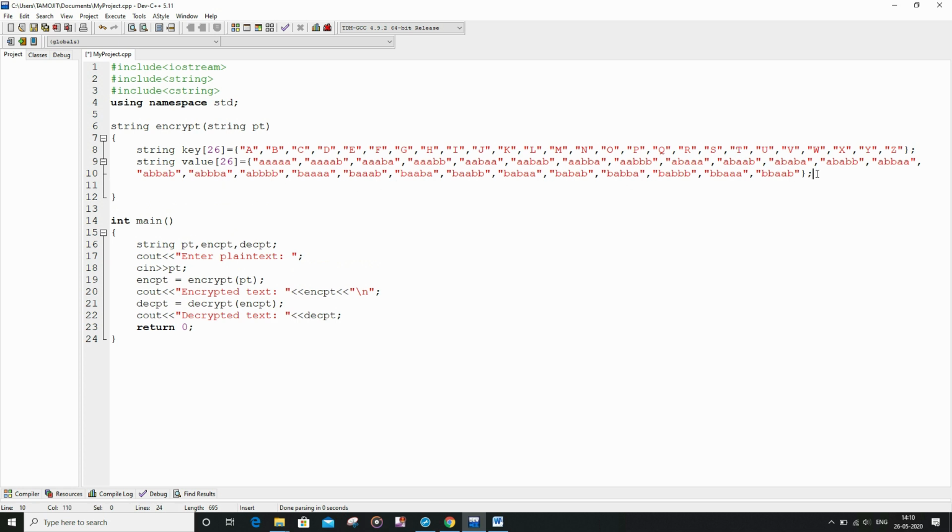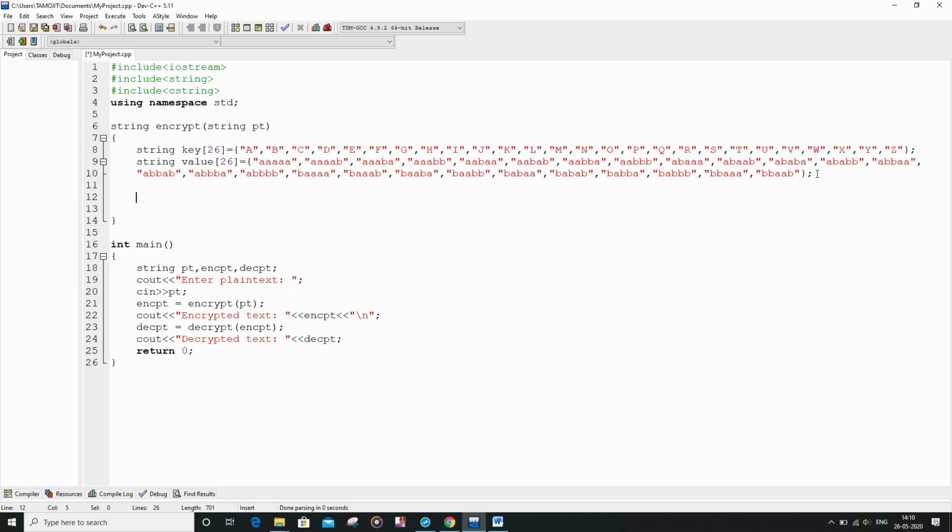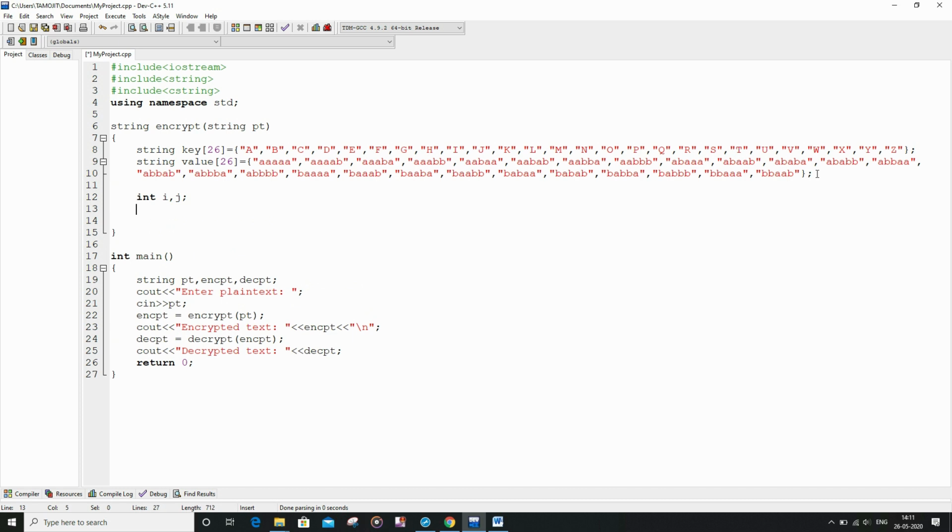Now I am going to declare two integer variables, that is i and j, integer i, j. And now also I am going to declare a string variable encrypt1. It is basically an empty string.